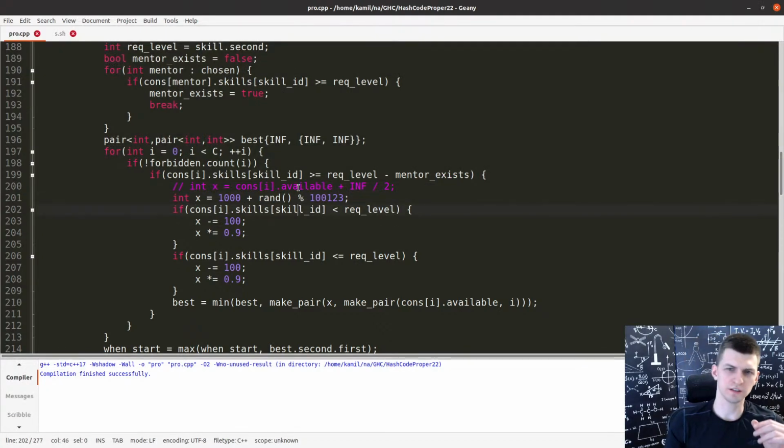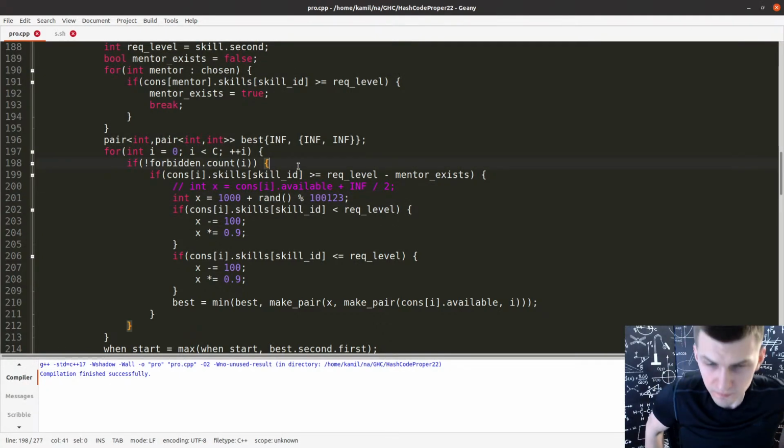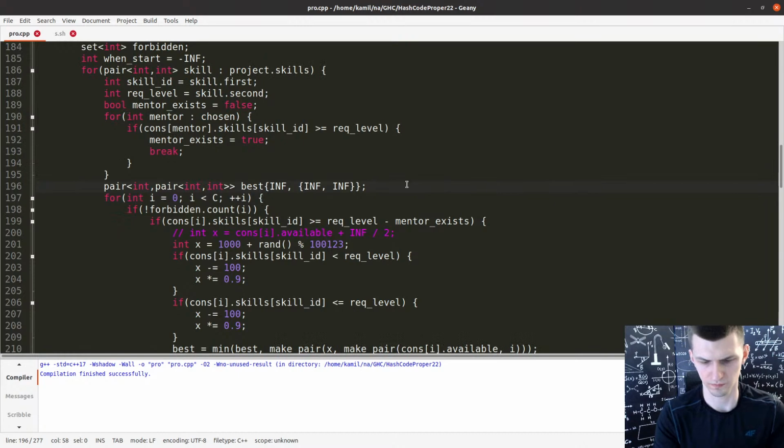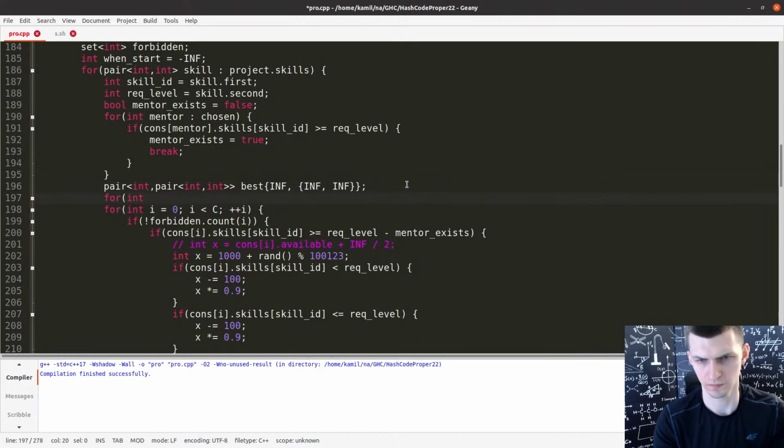But to use that, I need to speed this up. And for that, I will not iterate people from 0 to C-1. I will just iterate people that have enough level. What's the maximum level allowed?